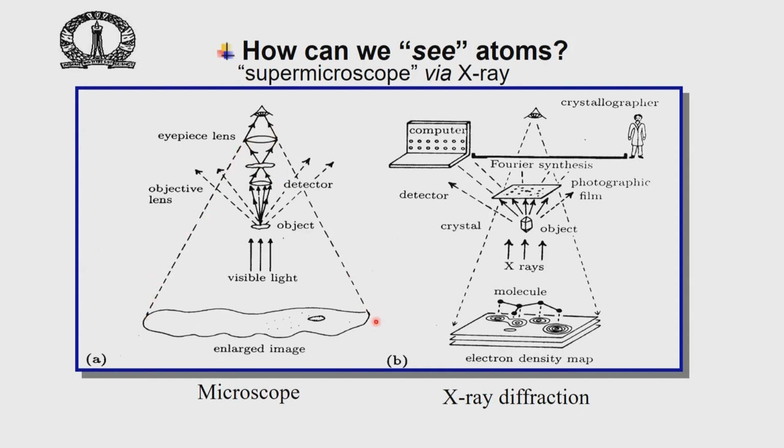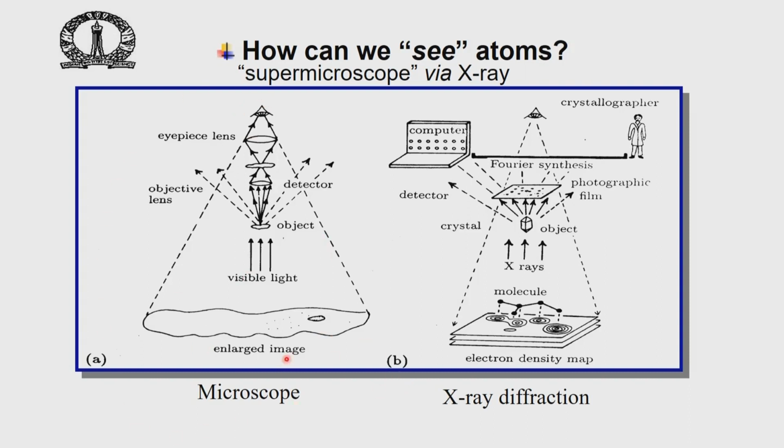of course can be made to enlarge by what is known as an eyepiece lens, and this now enlarges the image. So suppose let us say this was a piece of the bread which we had, and I put this here and put it under a microscope. I will get an enlarged image of that piece of bread, and you see some of these little pieces here that could be the pieces which we talked about in terms of cashews and badam and things like that. So effectively we see the enlarged image, and therefore we get information about the nature of the object much better, and this is how the typical microscope works, a light microscope.